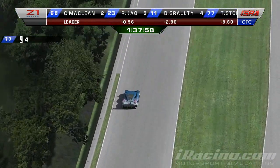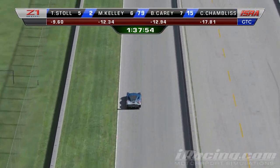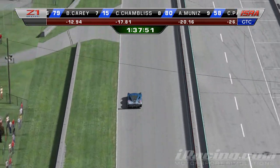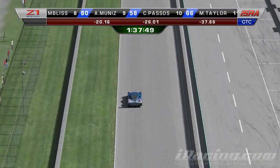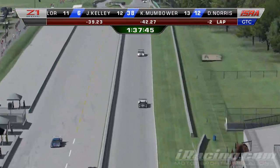Oh, Timothy Stahl is into the pits. He was in 4th place too, so I'm not sure exactly what happened there, but it's a little too early for a scheduled pit stop right now. Because this is a 2-hour race, most of these drivers here will be...